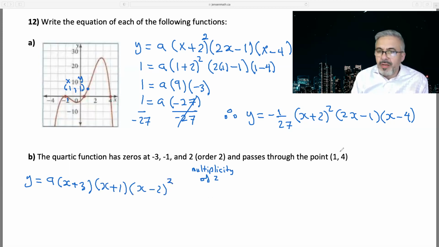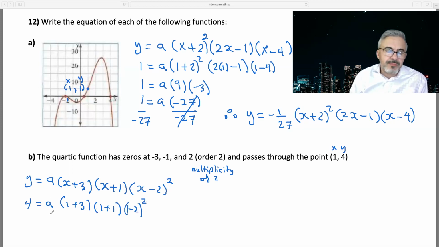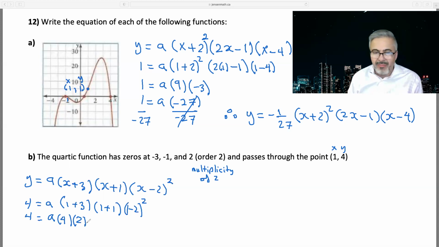Now use the point 1 and 4. So that's x and y. So 4 equals a, x is 1, 1 plus 3, 1 plus 1, and 1 minus 2 squared, which gives me 4 equals a, that's a 4, that's a 2, and 1 minus 2 is -1. -1 squared gives you +1, so you don't have to write that, since when you multiply it in here, it just doesn't do anything. Now you have 4 equals 8a, and therefore a equals,